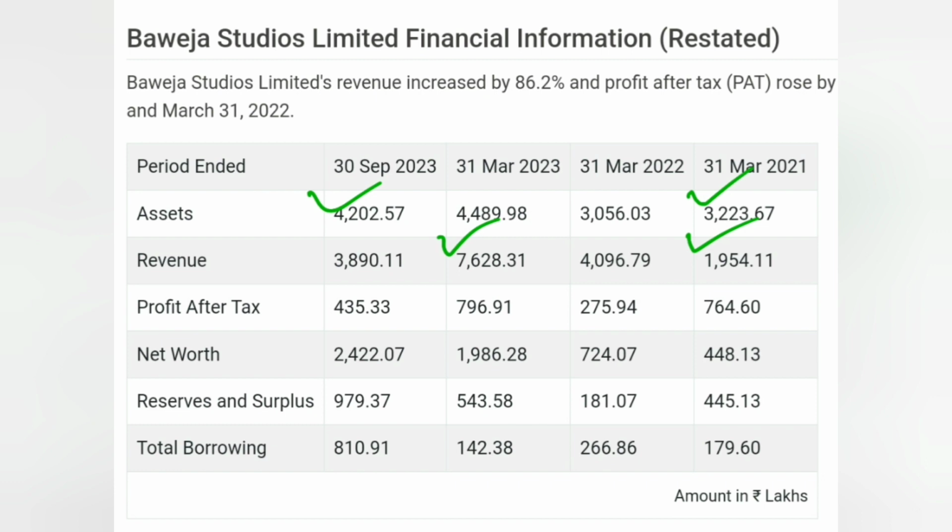In this financial year, revenue has amounted to 3,890.11 lakh rupees. Profit after tax has increased from 764.60 lakh rupees to 796.91 lakh rupees in the year 2023. In this financial year, profit after tax has amounted to